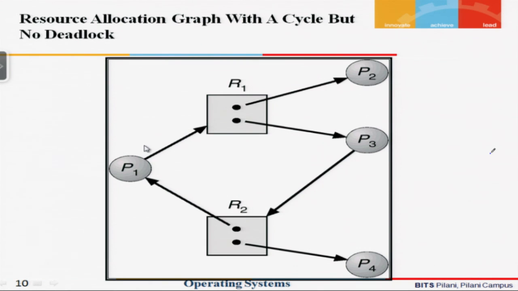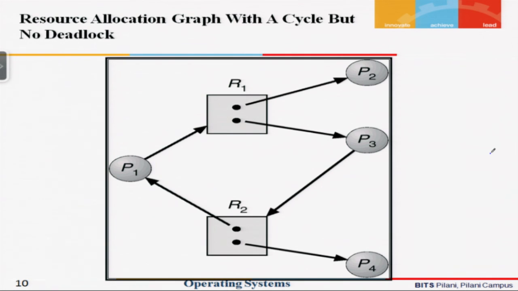Even otherwise, if P1 does not execute, P4 is the process which is only requesting a resource R2 which has been allocated. So, since it is not requesting any more resources, it will complete. It will release the resource, and as a consequence P3 will get through. So, even though in this particular graph we find that there is a cycle, we see that there is no deadlock in the system. So, we would try to summarize